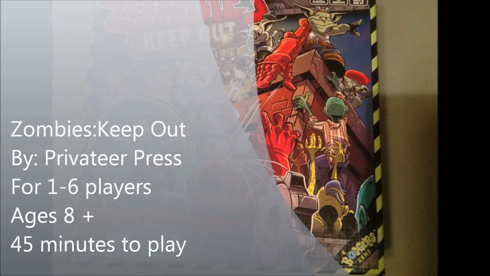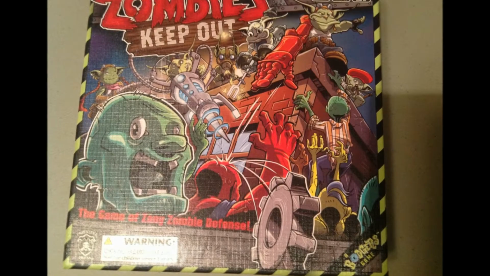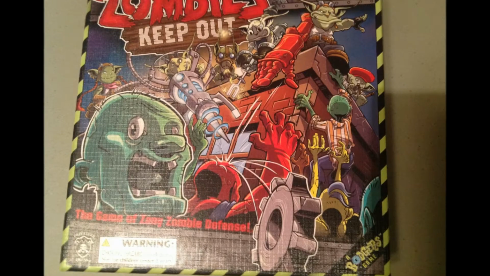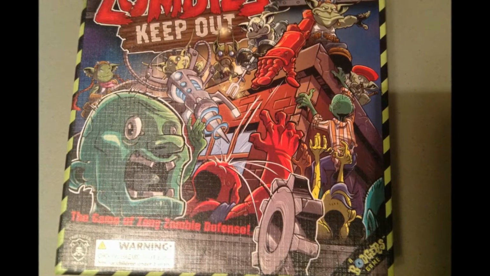The new game by Privateer Press called Zombies Keep Out. It's a game for 1 to, I think, 6 players. It takes about 45 minutes, ages 8 and up, and in this game you are a group of goblin bodgers